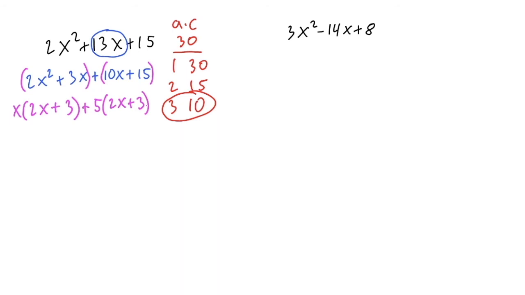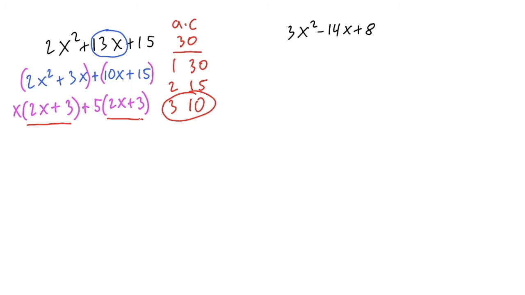And when you do this, one thing that will happen every time is that we have 2x plus 3 here and 2x plus 3 here. We will always, always, always have the same term in parentheses on both. If you don't, then something went wrong somewhere. That's one way within your work you can see whether you did it right, because if you get a different term, you need to go back and fix it. So, since we have 2x plus 3 and 2x plus 3, we can factor out that